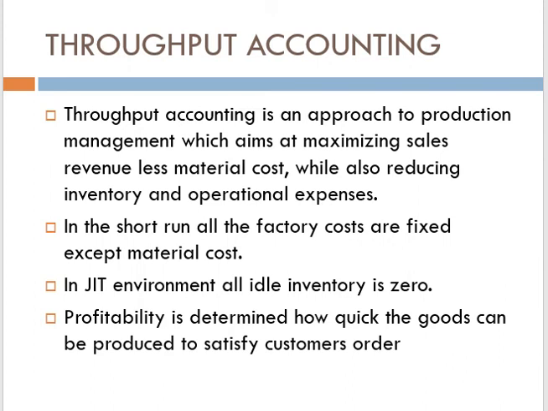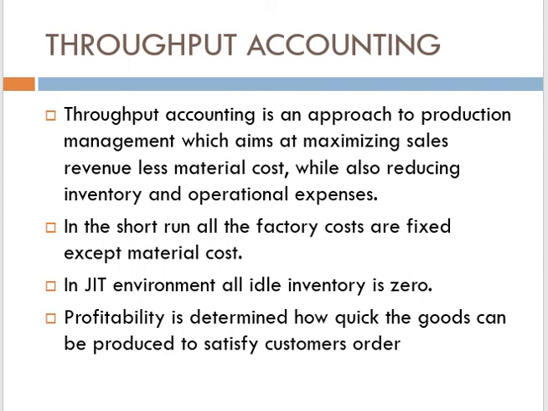When the customer's order is given and then the product is manufactured, there will be an easy flow of goods, and the exact goods will be produced on the given time with the machineries or equipment available. Profitability is determined by the rate at which money comes in, and in a just-in-time environment this depends on how quickly goods can be produced to satisfy customer orders. Every organization should keep this in mind.